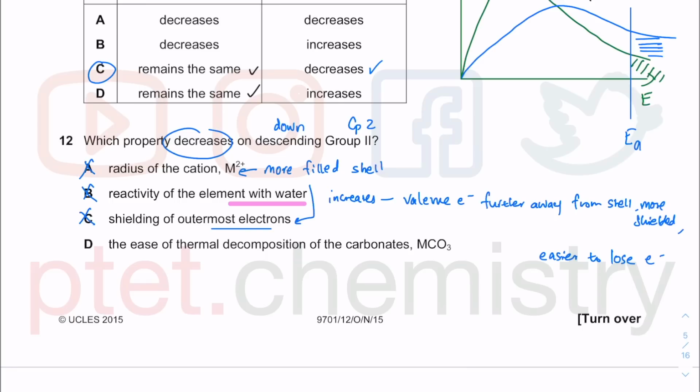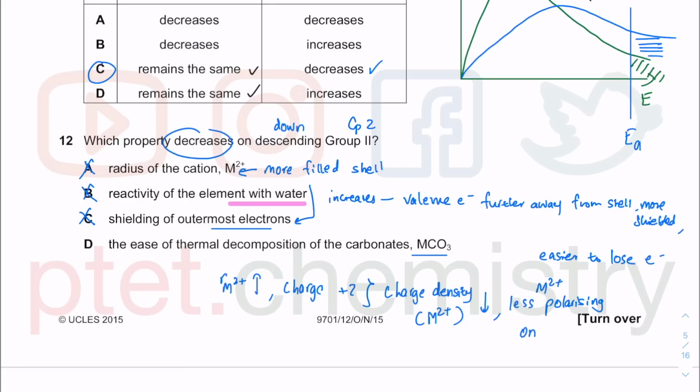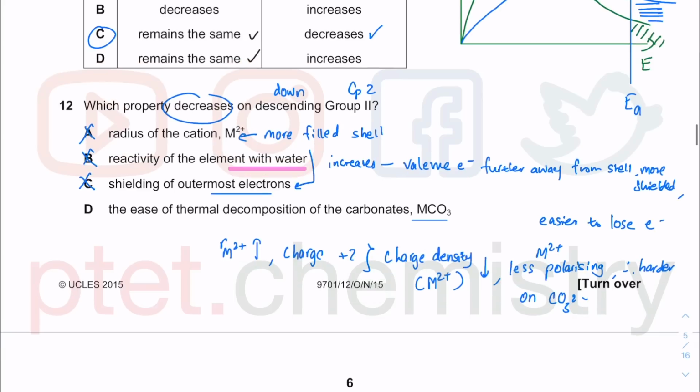And last but not least, the thermal decomposition of the carbonate. As the radius of the cation increases, but the charge of the cation is still +2, the charge density of the M2+ cations would decrease, because the charge is the same and the size increases. Charge over volume, so charge density decreases, therefore they are less polarizing. You will learn more about this in A2. The cation is less polarizing on the anions, therefore harder to decompose,